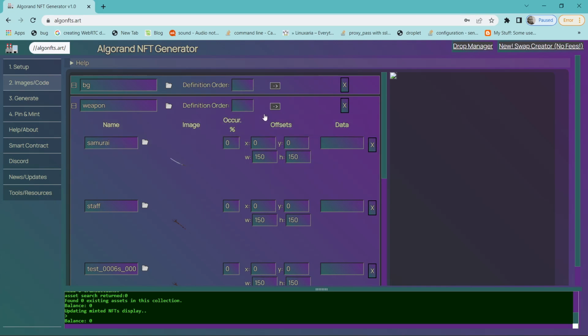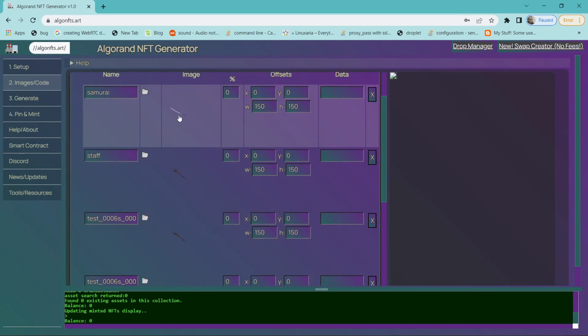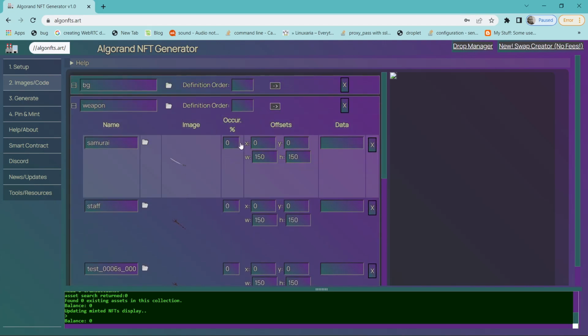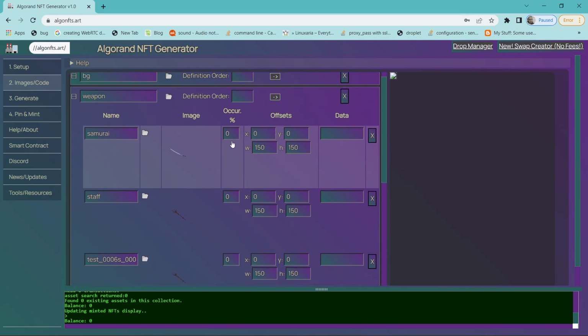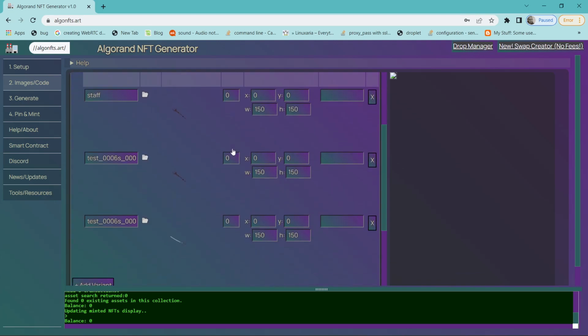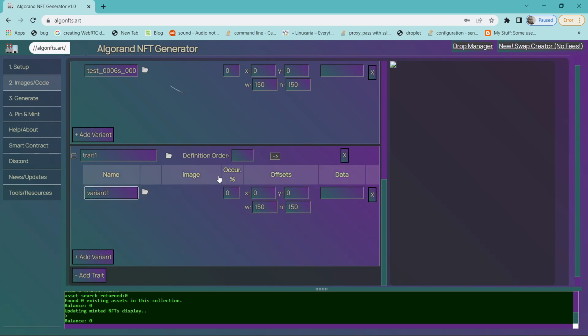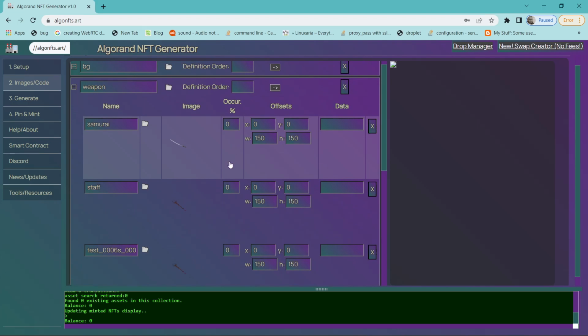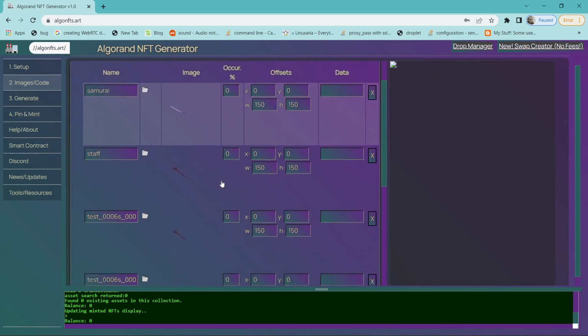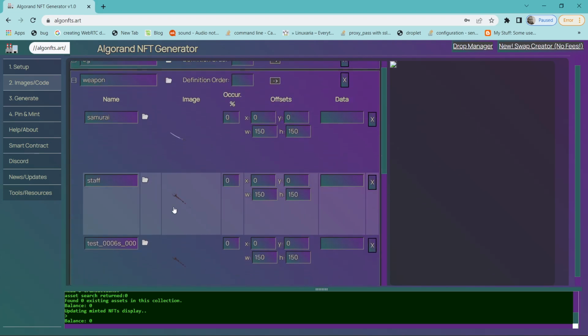Let me just briefly explain this business. You need to make sure that there's an image here in this column, otherwise things are not going to work. This right now, the occurrence percent, I think it defaults. See, it's defaulting to 10. You probably want to change that to 0. That's not the best default. But if there's 0, then it means it's going to be an equal chance among any of the different images